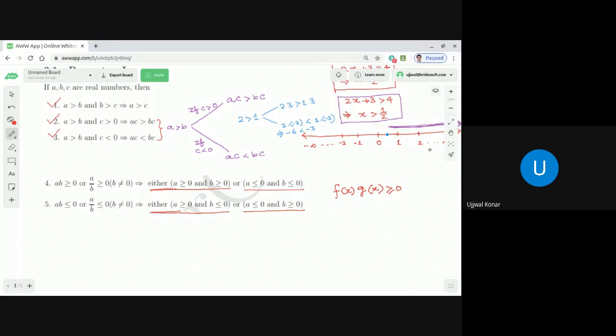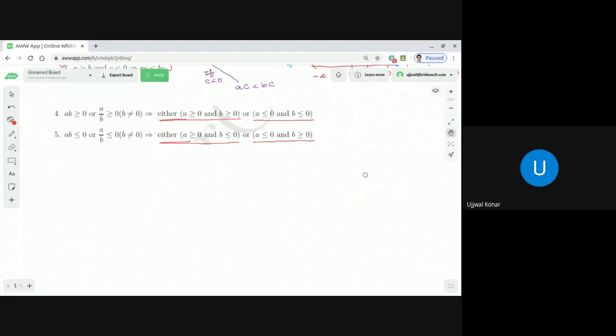So let me write it down, because if you see here a into b, better let me write in a very clear manner in the form of an expression. So f(x) and g(x), what you see? f(x) into g(x) are two expressions. Generic expressions, whatever it is, it could be algebraic, trigonometric, exponential, whatever. But if f(x) into g(x) is greater than equal to 0, or f(x) by g(x) is greater than equal to 0, then what you can conclude?